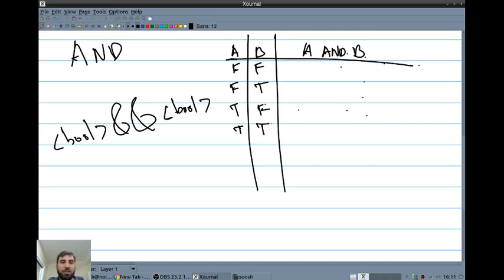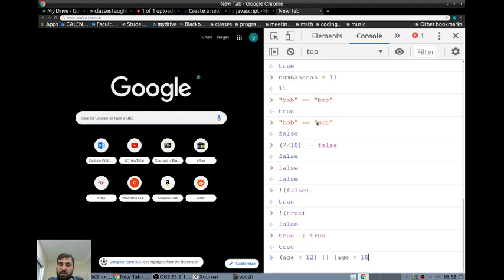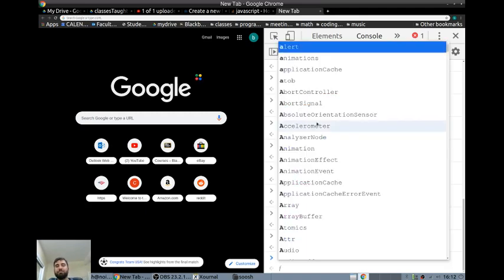So the other simple rule for AND is if there's any falses, it's false, right? So let's see here. This would be false, this would be false, this would be false, and this would be true. The only one that's true is if they're both true. So let's say we want to do another one. Let's make another Boolean expression